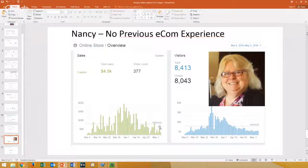You know where to get the products. You learn how to find your product niches, and then you just go out and learn how to place your Facebook ads and find the right audience to advertise to. So those are basically the basic steps that you need to know when you're gonna